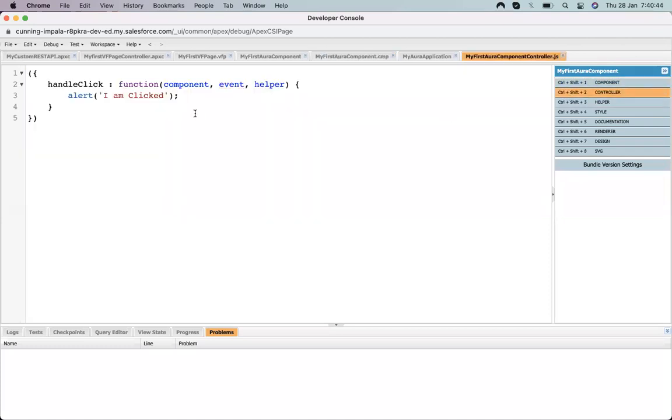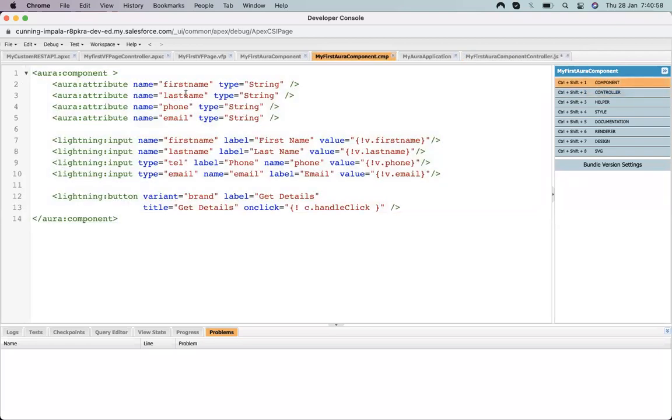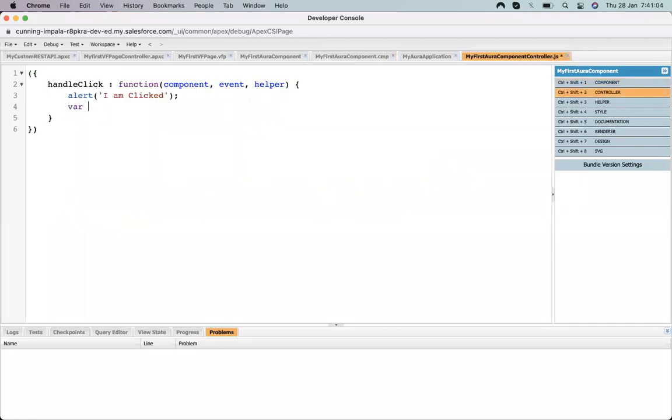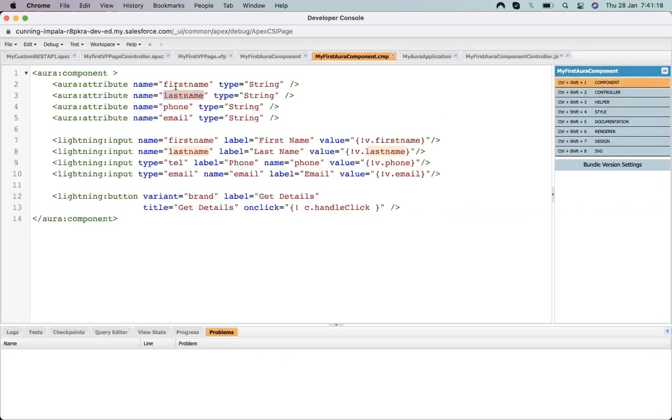Let's come up here, and what we have to do is just type component. In order to get the values from these attributes, let's declare a variable: component dot get v dot attribute name.